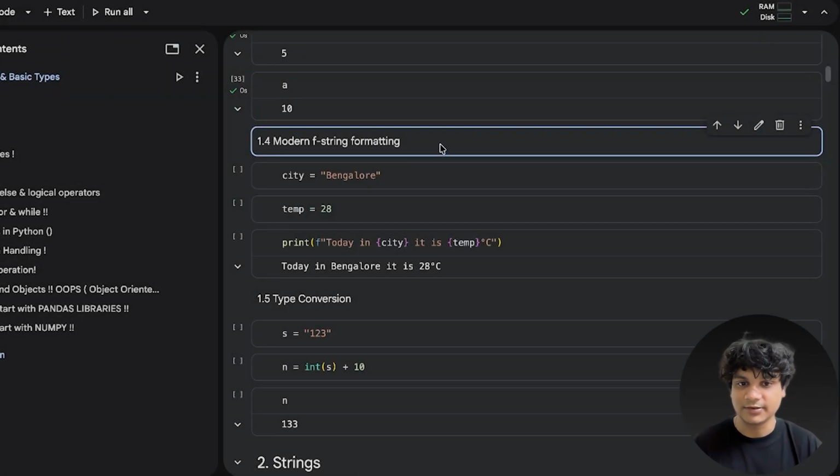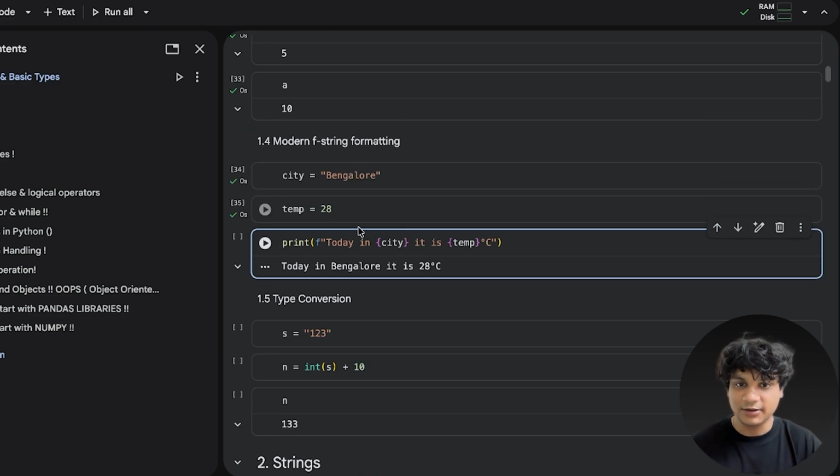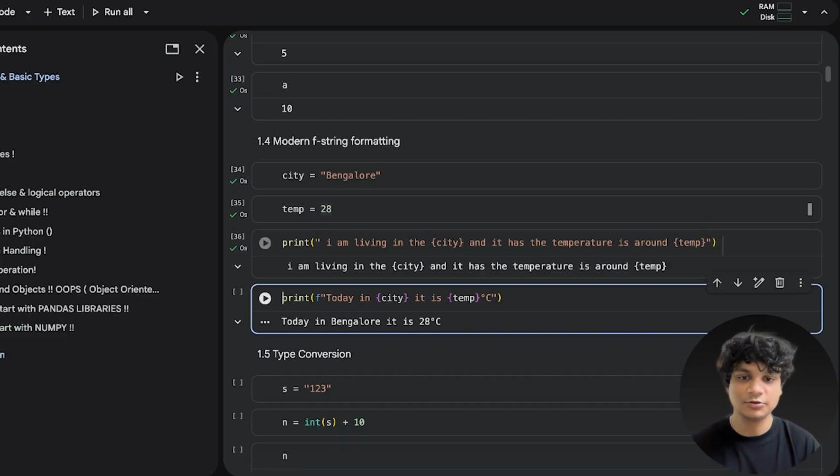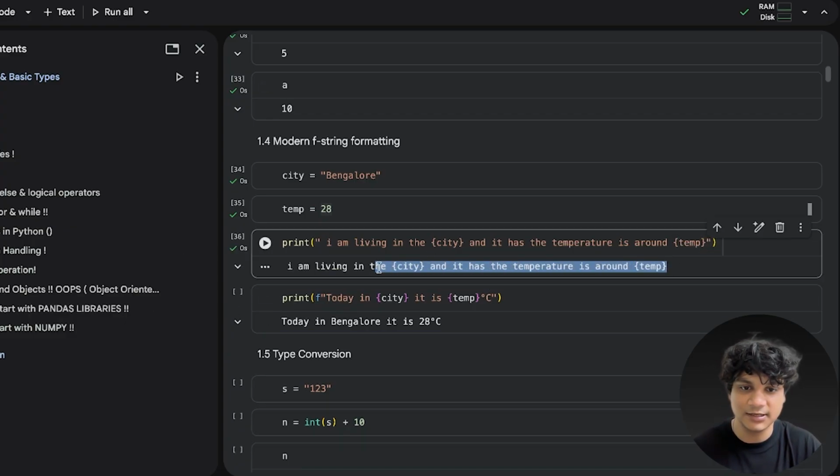Okay, now let's understand the modern f-string. F-string is what? Formatted string. Okay, so let's say that these are the variables that you have defined. And suppose I am going to write this print statement: I am living in the city, and it has the temperature around. If I just write these things, I will be printing these things as they are, and these formatted strings are dead